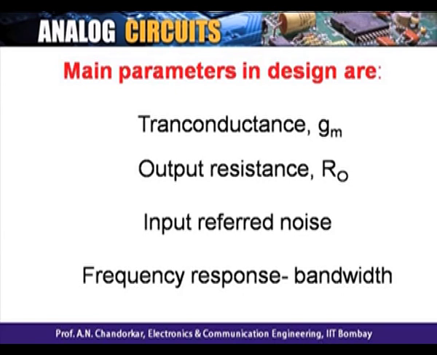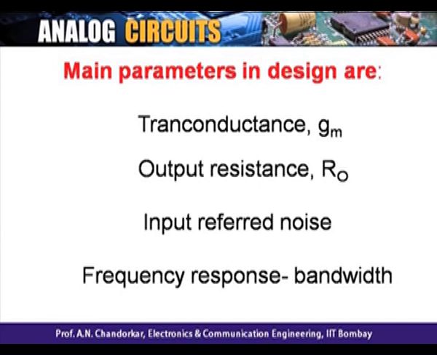Kitna GM? And you will see later GM is proportional to I, root I, or some such current. So if you want a gain which is GM into R, you need larger GM. So what does that mean? Larger GM will come from where? Larger currents, larger powers. So gain at the cost of power, no other way. We'll see an alternate way later.